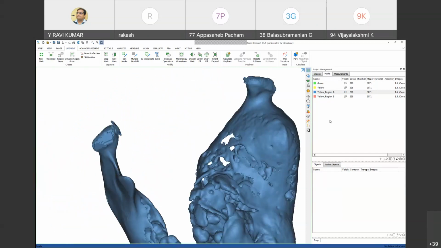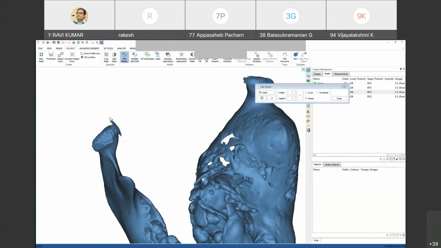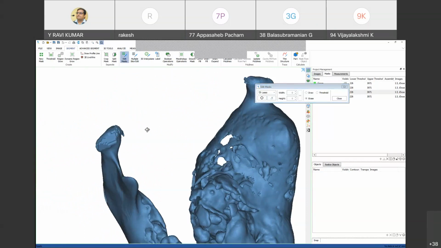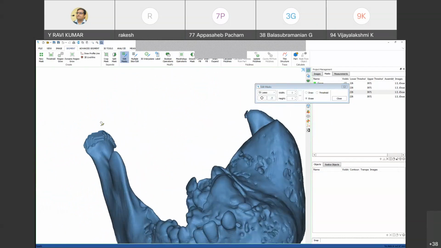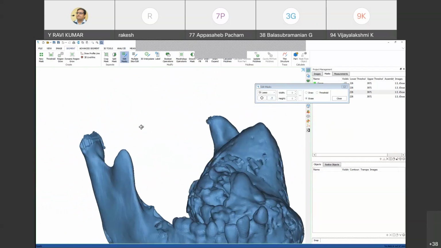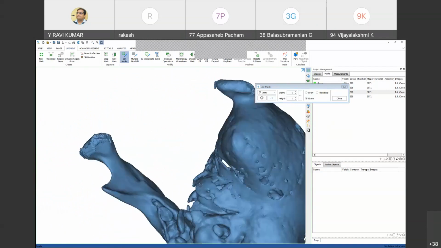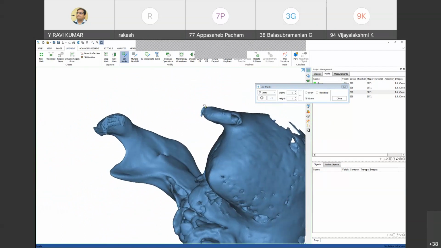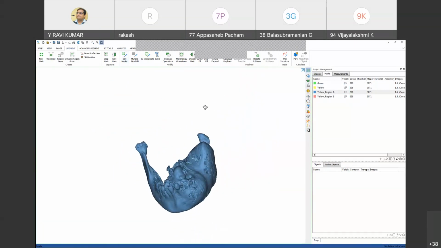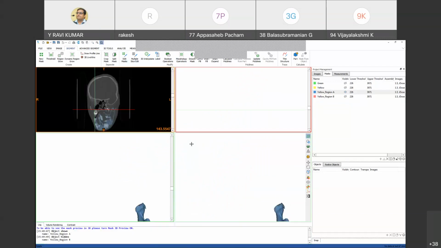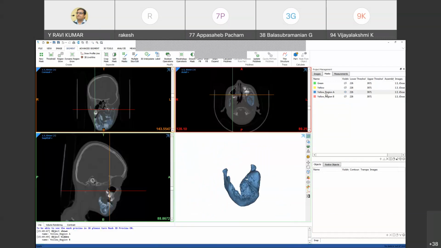Those things can be edited using this 3D mask. The lasso tool is available, so you can edit this. After that, we can select this file and smooth this mask also.